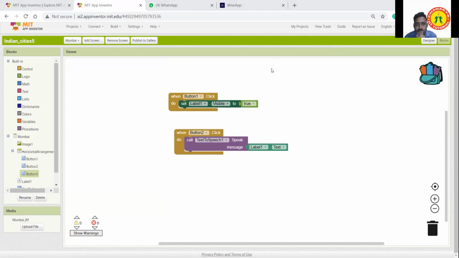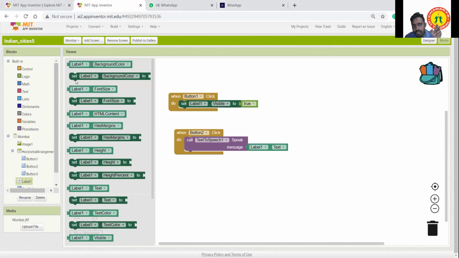One second, sir. Can you just keep the screen like this only? Yeah, okay. So it's very easy. This is for button 1. Same as button 1, we have used label. Just click label, take this one, and change it to here. For button 1, I'm unable to see that set label option. Can you see here? I don't have that label option here.